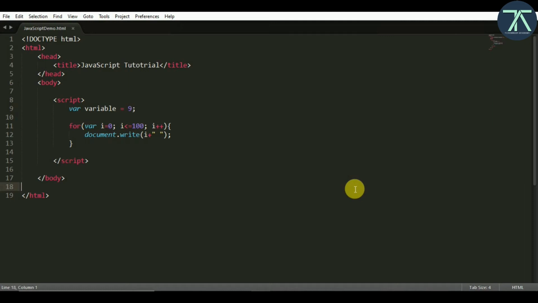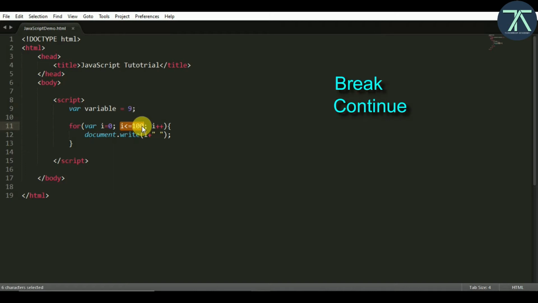Hello everyone, in this video we are going to discuss the concept of loop control, what it actually is. We all know that every loop has a condition. Once this condition becomes false, the loop stops its execution, right? But by using loop control we can get out of a loop before the condition becomes false. In loop control we have two keywords: one is break and one is continue.